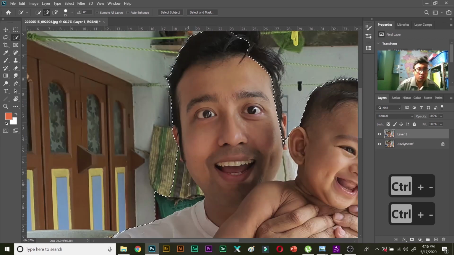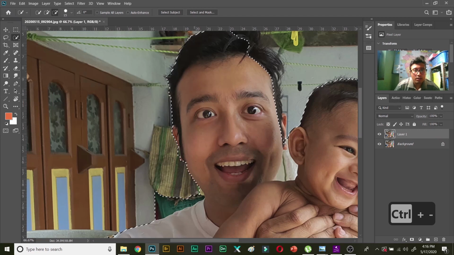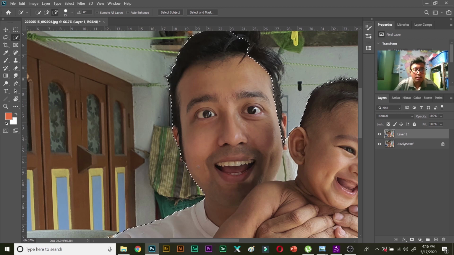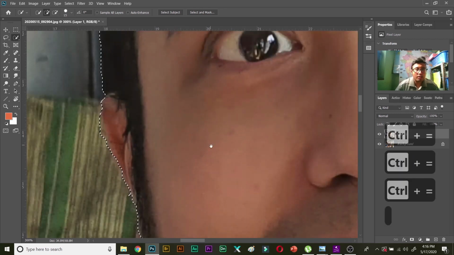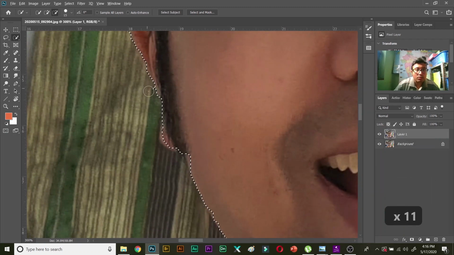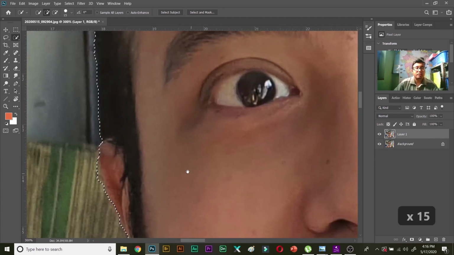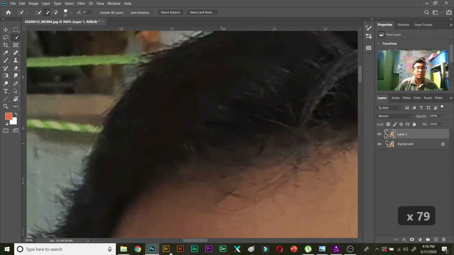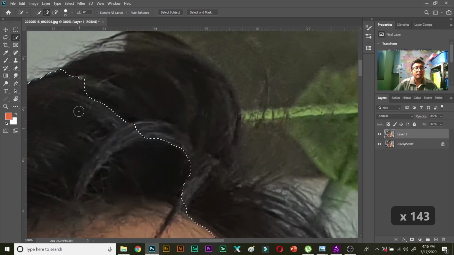If it doesn't do a good job, you simply hold Alt, left Alt, and then you can deselect them. Alt will make that a minus. You can see over here, this is a plus and Alt makes it a minus. So now it becomes minus. This precision you need to do. I am doing it grossly because I'll make the fine adjustments later.